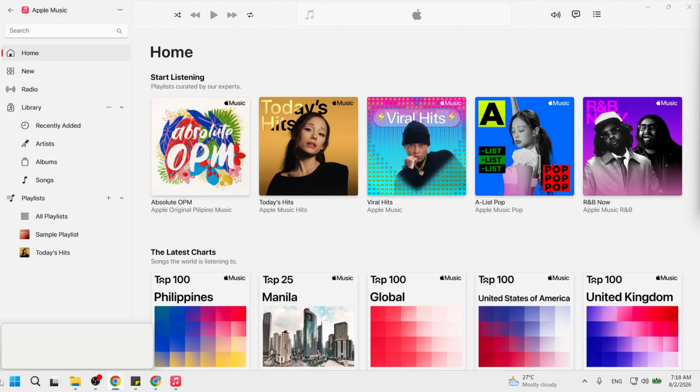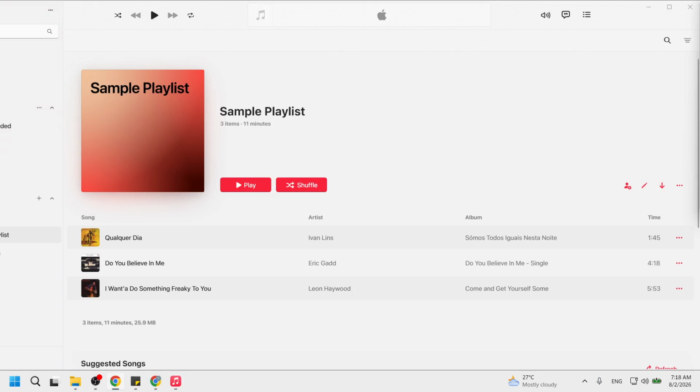Now, look over to the sidebar for your playlists. On a computer, the sidebar is on the left side of the Apple Music window. On a phone or tablet, you might see Library at the bottom, then a playlist section inside it. You will see a list of playlist names, such as recently added, maybe some you created yourself. Click your playlist in the sidebar.